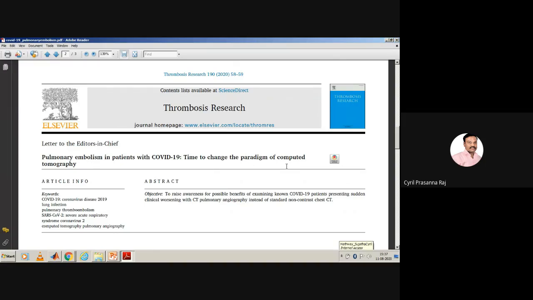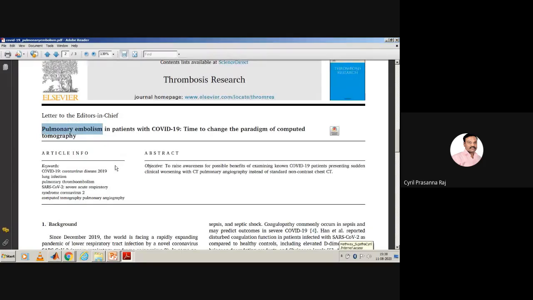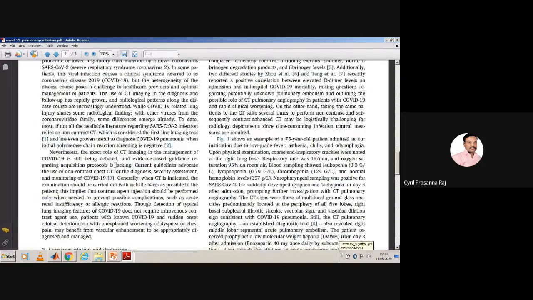Now what they have observed is, suppose you want to diagnose a patient with COVID-19, rather than going for the antigen test or RT-PCR or whatever test it is, you try to take the CT images, that is the chest X-ray of a patient. From the chest X-ray you can find out whether there is any blockage in the lungs or in the chest, and that is what we call pulmonary embolism. The blockage may occur because of pulmonary embolism, but that technique is now used to diagnose a patient with COVID. This is a very recent paper that describes the entire thing about what they have done.